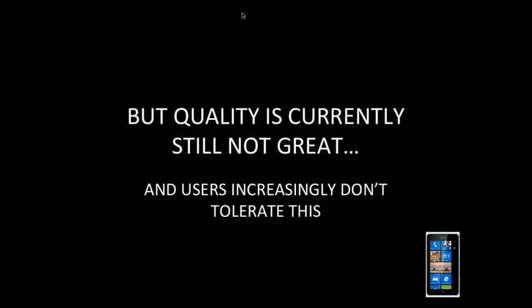But this is the thing with mobile. The quality is still not brilliant. It's maybe improving, but it's still not great. And apps and even mobile devices are still launched without enough testing. I mean, if anybody remembers the iPhone 4 with the death grip, the way you could hold your iPhone in a particular way which caused the signal to drop, that caused Apple to have to ship out $15 a piece plastic cases to everybody in order to fix it.